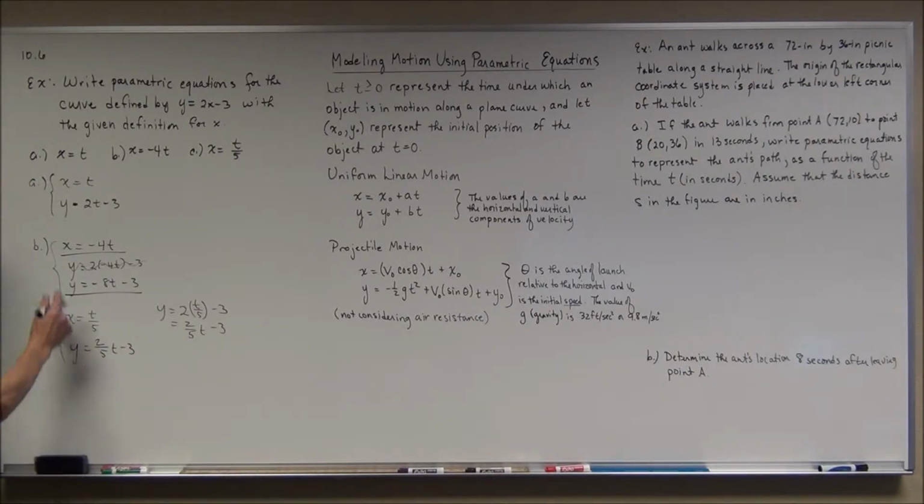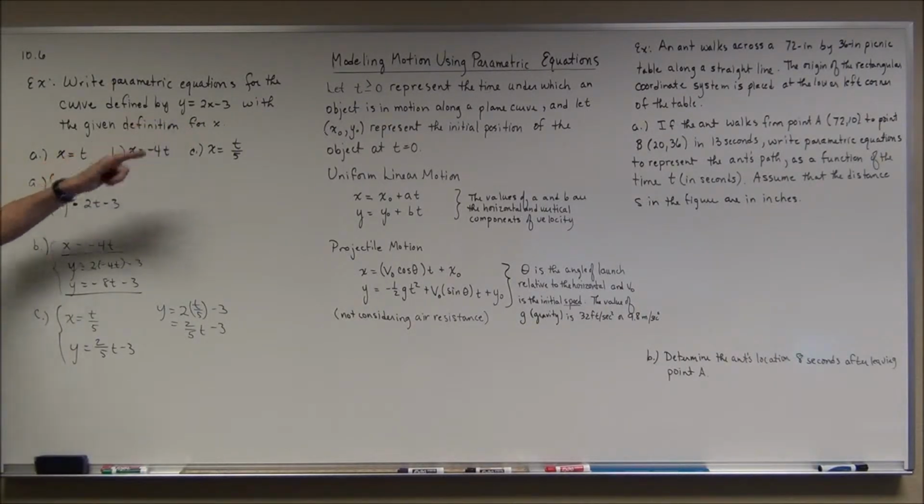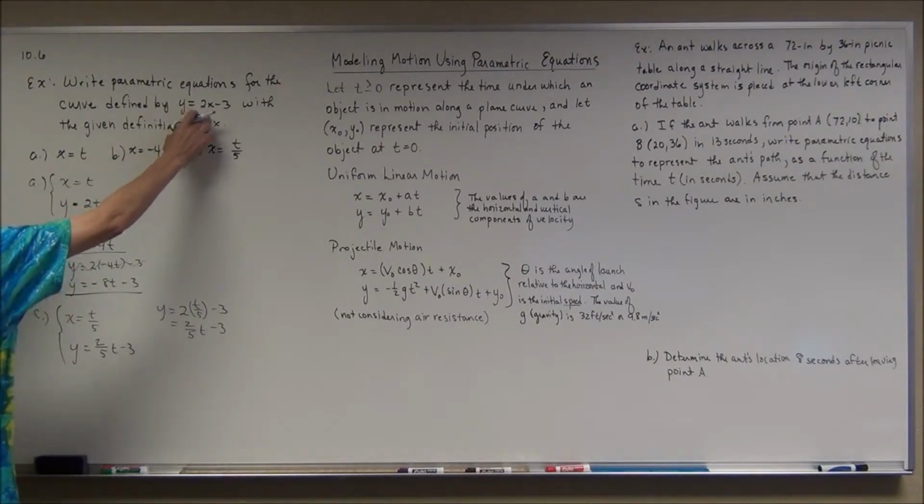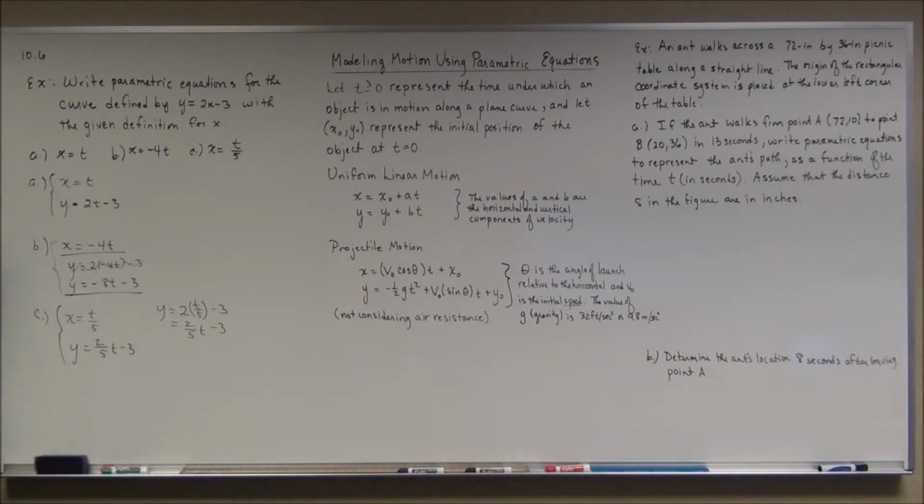Now if you take any one of these three sets of parametric equations and you eliminate the parameter, you're going to get right back to here. So you say, well, what's the difference? The difference is the timing. If t is representing time, they're at different locations on this line at different times because of the way x is defined. So you would just have them moving at different paces, and they'd be at different positions, but they would be on the same line. All right, now,